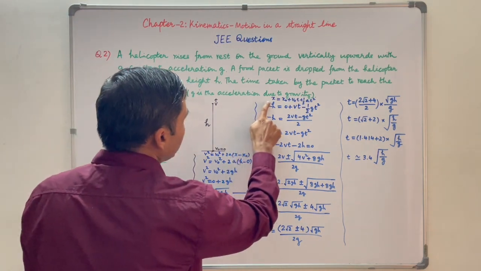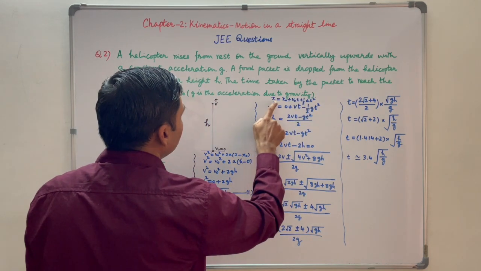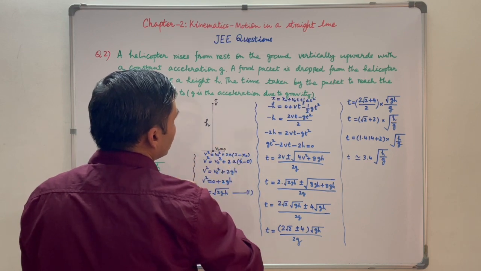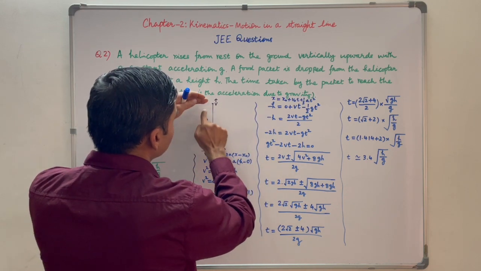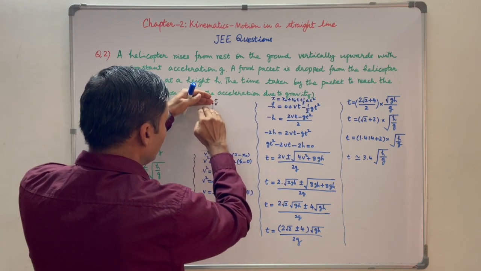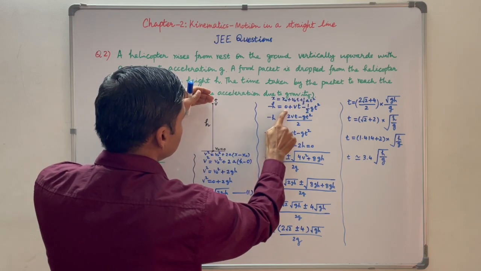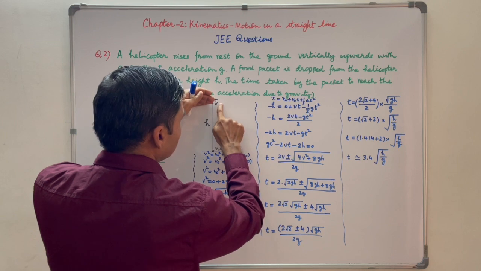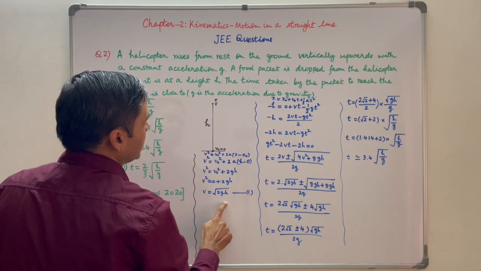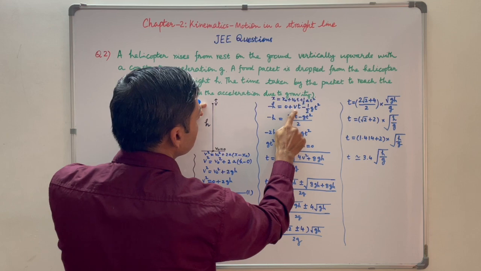Now we will use x equal to x0 plus v0t plus half at square. This formula calculates the time taken by the food packet to reach the ground. X equal to, now this is our reference point, so x equal to minus h, because the food packet is coming down. So minus h is equal to, now x0 is 0. The food packet is starting from here. And v0 is equal to v, which we have just calculated, and its direction was upwards.